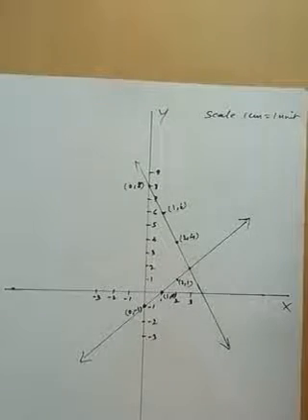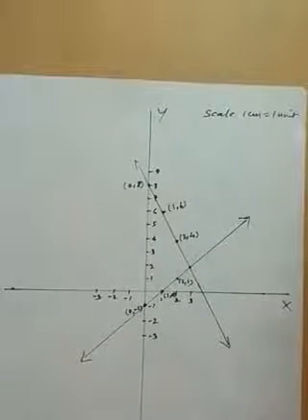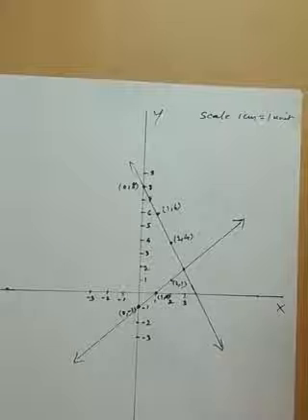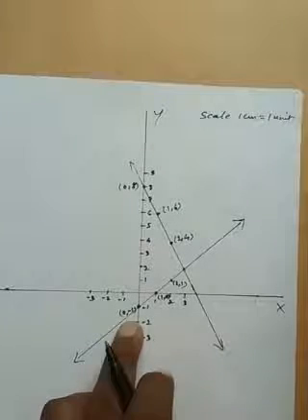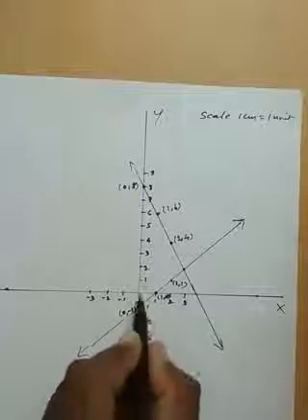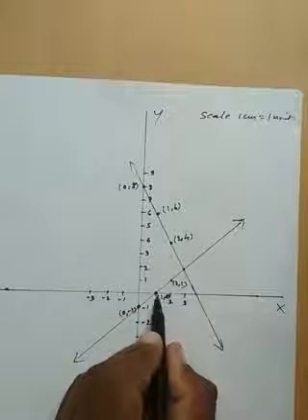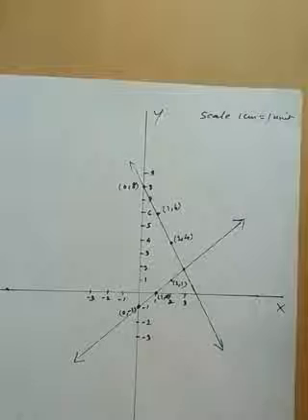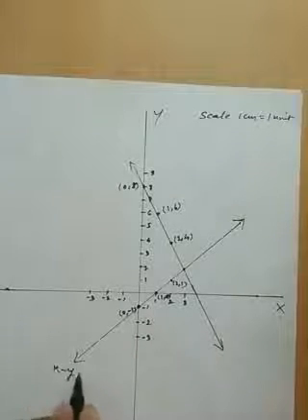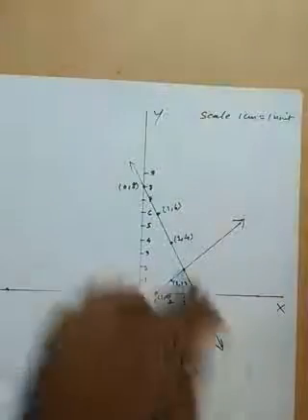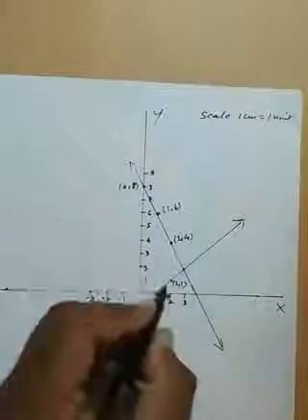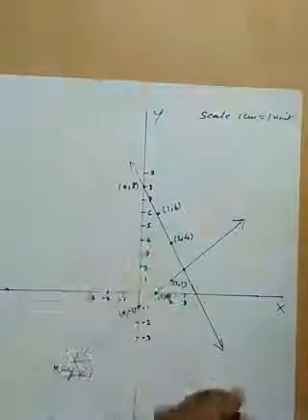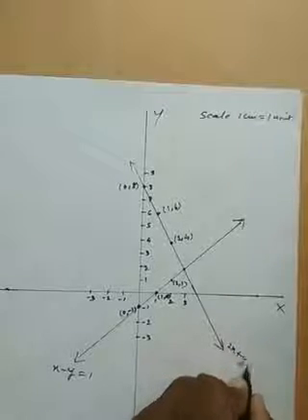For drawing the graph, make a Cartesian plane, and first of all choose the scale. Scale is the same, 1 centimeter equal to 1 unit. For the first equation, our first solution is (0, minus 1), so x is 0 and y is minus 1. Again (1, 0) is this point. And next (2, 1), x is 2 and y is 1. Then join them. This is the first equation, x minus y equal to 1. Similarly for the second equation, first of all (0, 8), next (1, 6), and third is (2, 4), and join them. This is the other equation, 2x plus y equal to 8.